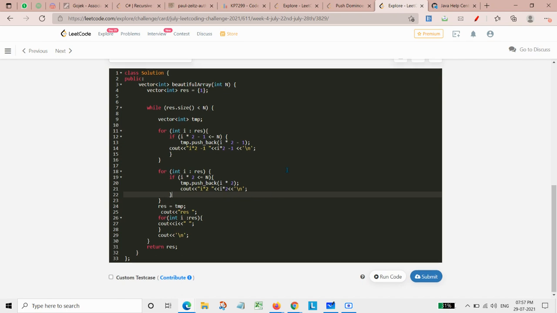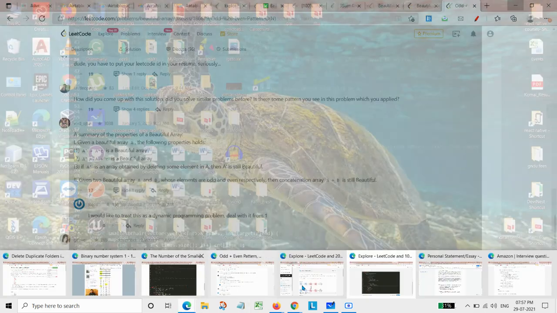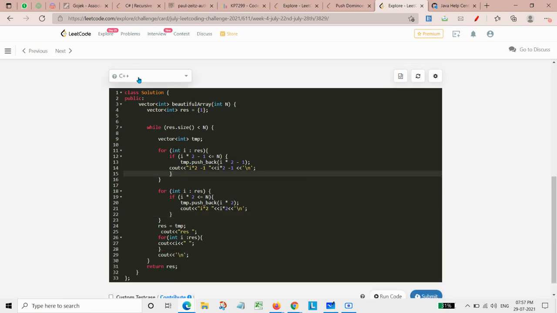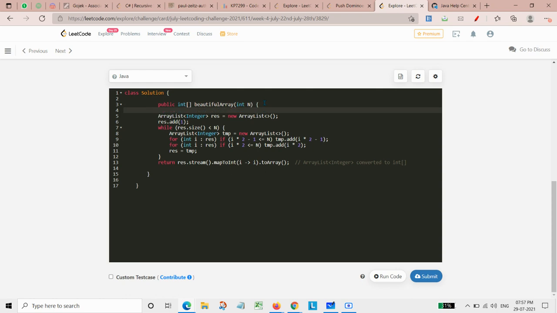Now, we could also implement the same in Java and Python. How we need to do the same in Java and Python is, what we need to do here is, again we will require a vector, and in Java that vector is known as ArrayList.